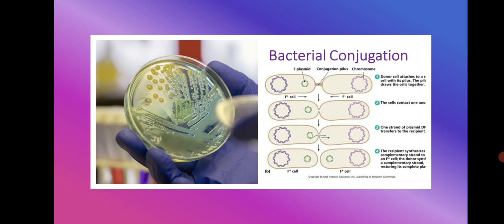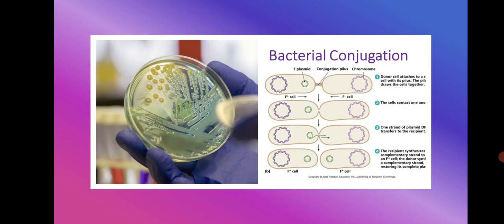Now, this is the diagrammatic representation of bacterial conjugation, in which you can see the participation of two cells. One cell is represented as the F plus cell because it consists of a DNA sequence which encodes the formation of the fertility factor or the pilus, and the recipient cell is represented as the F minus cell. The F plasmid is the part of the bacteria which gets transferred from the donor cell to the recipient cell.